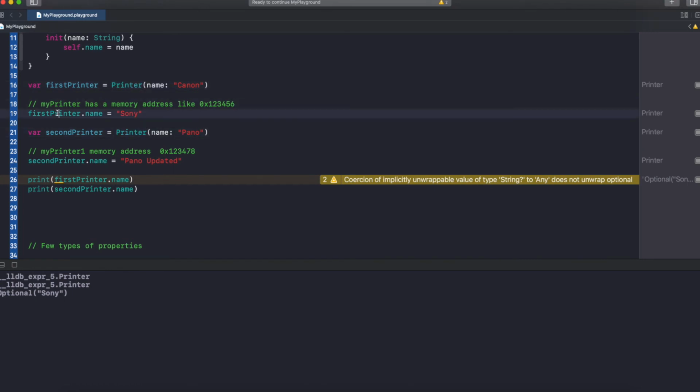Here I'm just going to assign the same first printer to the second printer, and then I'm changing this. Okay, so let's run this one.